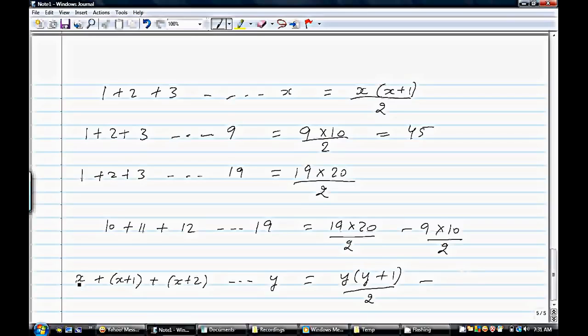So remember, we have x in the series, so we have to subtract numbers until x minus 1. So that will be x minus 1 into x divided by 2. So this is the general formula. If you don't want to cram this formula and want to understand how it was generated,